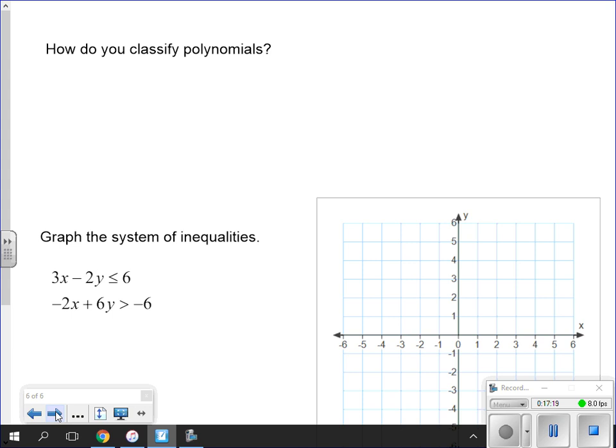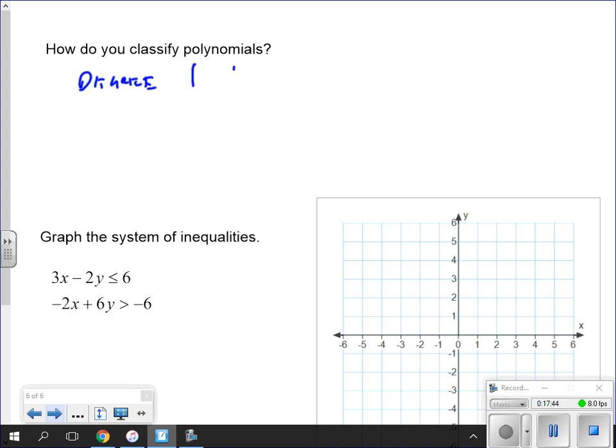And here are my last two examples. How do you classify polynomials? You have one that asks you, it's a multiple choice question, which one of the following is a cubic binomial? There are two ways that we classify polynomials. One is by power or by degree. Remember, the degree is the largest exponent. A degree of 1